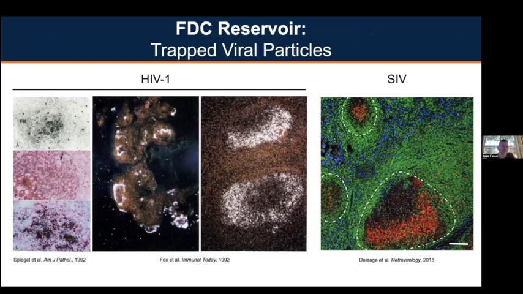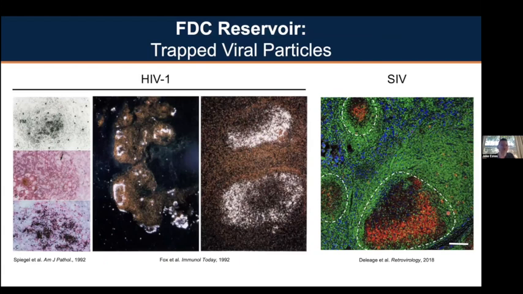We've known this cell and these environments have been a source of viral storage for over 30 years. These are old photomicrographs from multiple publications showing the large abundance of this virus localized on the follicular dendritic cells of these secondary lymphoid follicles, and also